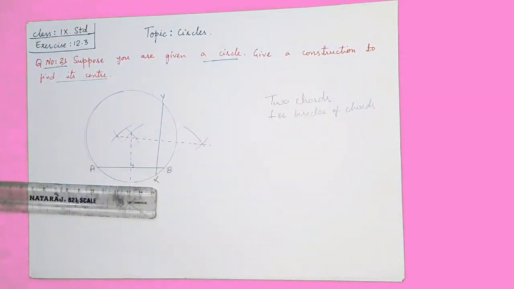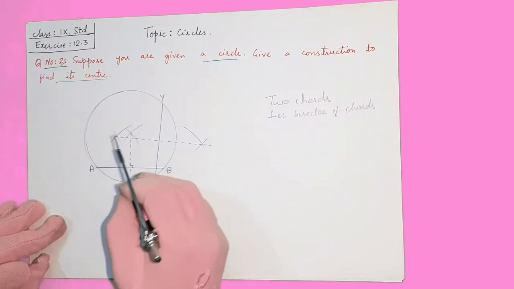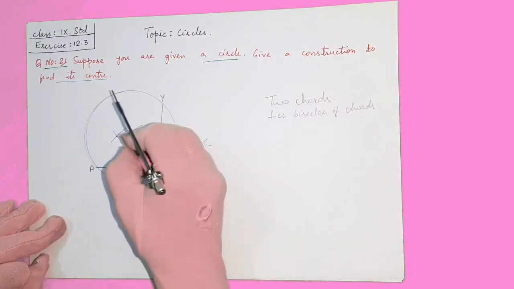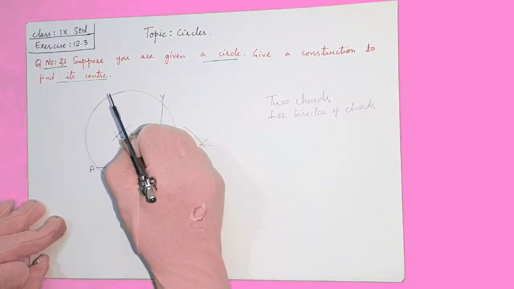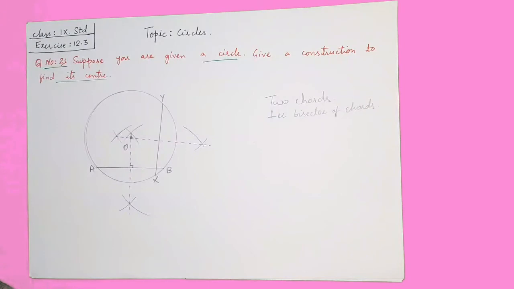This is your other perpendicular bisector, and we can see where both perpendicular bisectors are intersecting. तो यहाँ पे आपका जो AB लाइन का perpendicular bisector है और XY का जो perpendicular bisector है, where they are meeting, that point is nothing but our center. So we can say जहाँ पे आपके perpendicular bisector intersect हो रहे, that is your center.